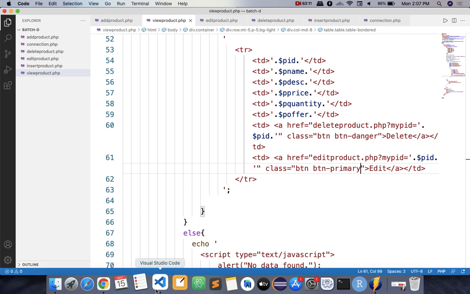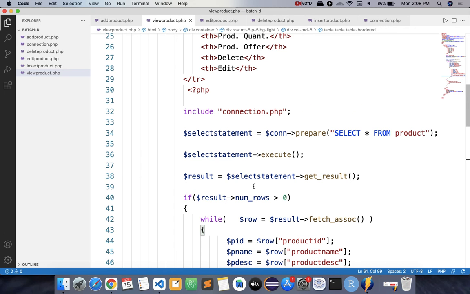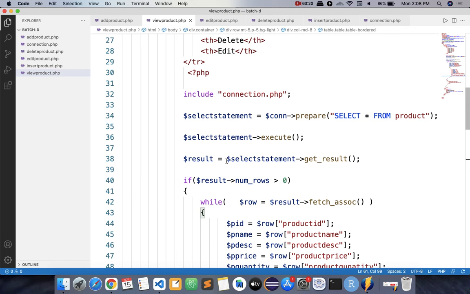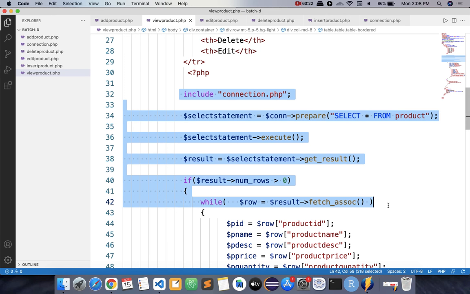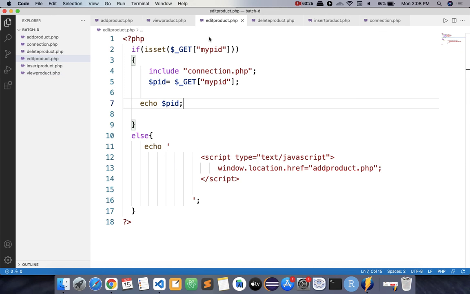But now while editing that data which you entered at the beginning in the text boxes, it should be represented in the same format, inside a form. Only when the data is shown inside a form will you be able to edit it; if it's shown in a table, you can't edit it, right? So you have to display that data in a form, then only you can edit it. Okay, so how will you do that? You have to first select the data of that ID only, not all the data, so you need a select query. So this statement you need to select the data. I will copy this much, and here you need to select that data.